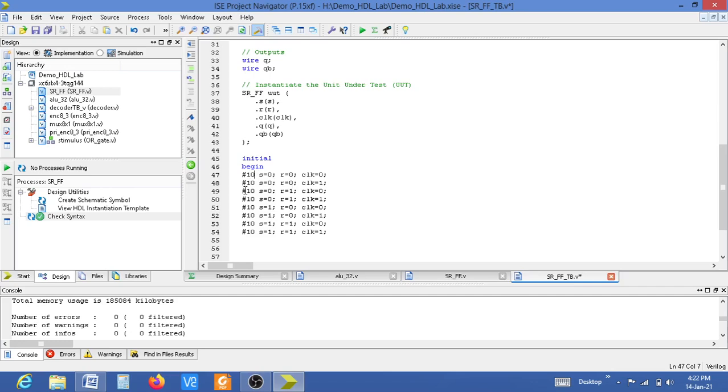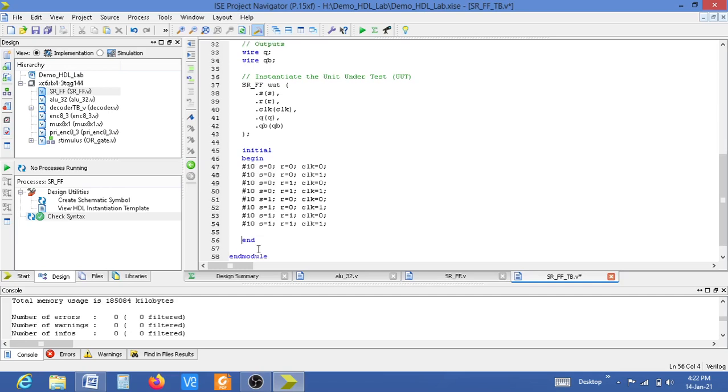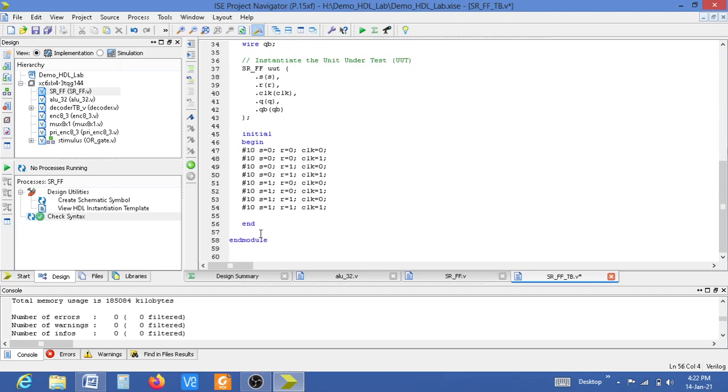After 10 nanoseconds, S is equal to 0 and R I am changing to 1, keeping clock as 0. Like this I am giving all the possible inputs for my flip-flop, and this block will end with an end statement, ending the module.